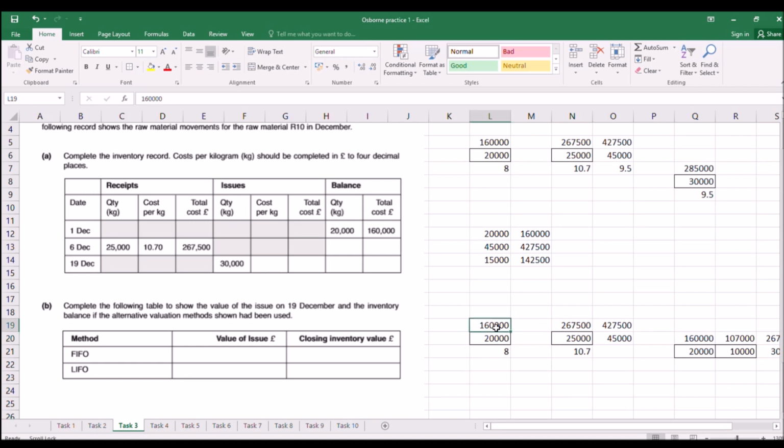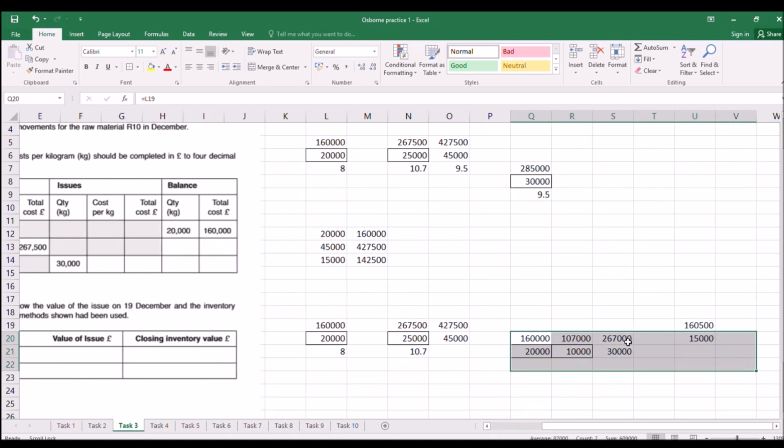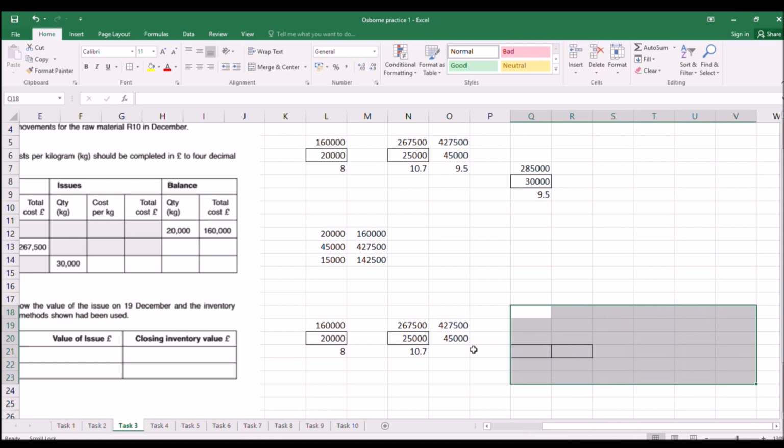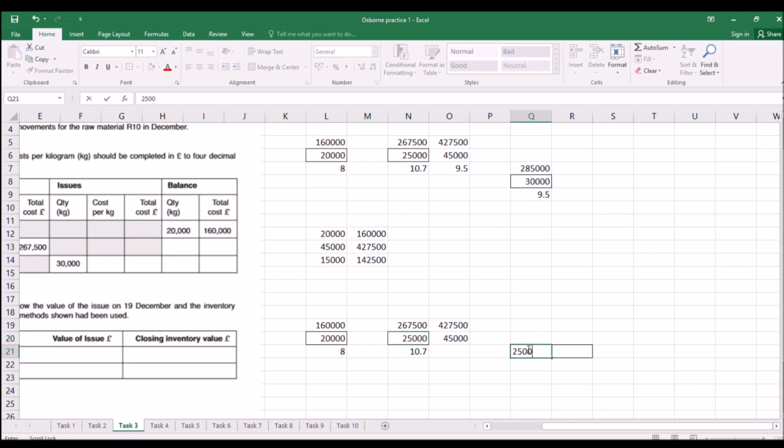and let's now do this under LIFO. So we're going to delete out all of this here. Still at the same point beforehand, we're now doing LIFO. So for LIFO, we're going to put this on the first truck, 25,000, and it's going to cost us 267,500. And then we've got 5,000 left, so it's 5,000 off this one here. It's going to be £8 per unit, so that one times by 8, and so the value of the issue in this one is 307,500 for the 30,000 units, and the amount that's left over at the end is going to be